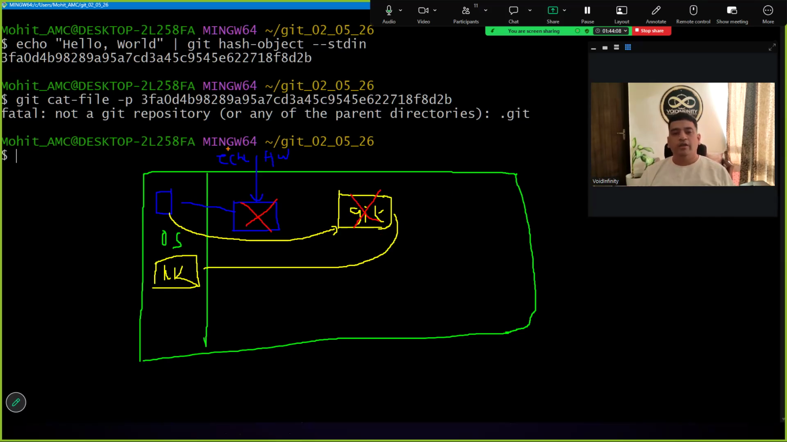Then again a new git process spawns up. Why? Because we fired git again, so a new git process came, and it threw an error. So the return value is not zero, right? It did not return zero, it threw an error. Now what went wrong? Why has it thrown an error? Because